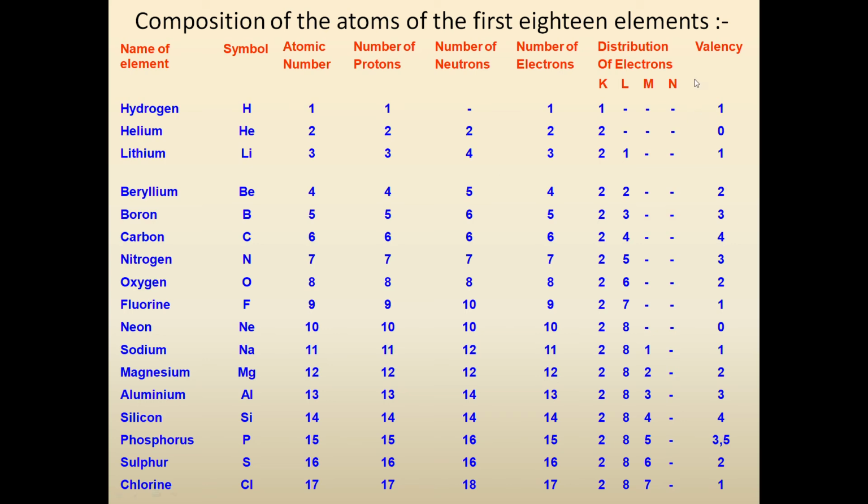Then how many neutrons are there in a particular element? That list is there with us. And then we have the number of electrons. Now the number of electrons is always equal to the number of protons. That we have done earlier too, because an atom is electrically neutral. It means it has an equal number of protons and electrons. If you know the number of electrons, then you can write the electronic configuration, or the distribution of electrons.